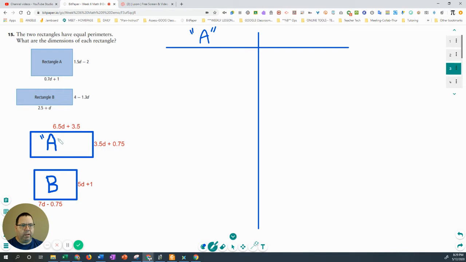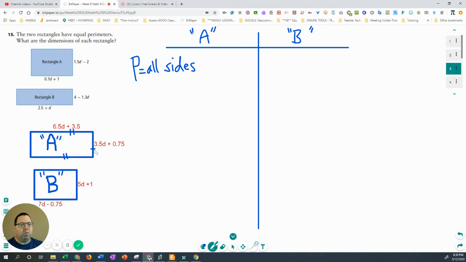So we're talking about A here. And then over here, obviously, we're going to talk about B. All right. So what is a perimeter? It's all sides. Now, there's a shortcut here that you can use the distributive property to help you do stuff a little bit quicker. But I'm going to skip it, and I'm only going to skip it because I actually want you to see how everything adds up. So you have to remember that if a perimeter is the distance around, you need to